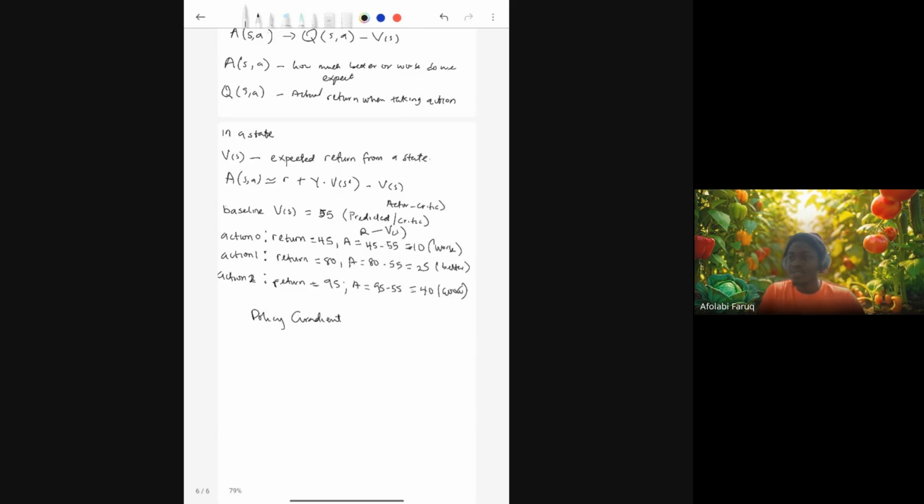Okay, we'll be looking at policy gradients. Now, what is policy gradient? Policy gradient helps us to combine all of these things together. So in policy gradient, you can calculate the loss